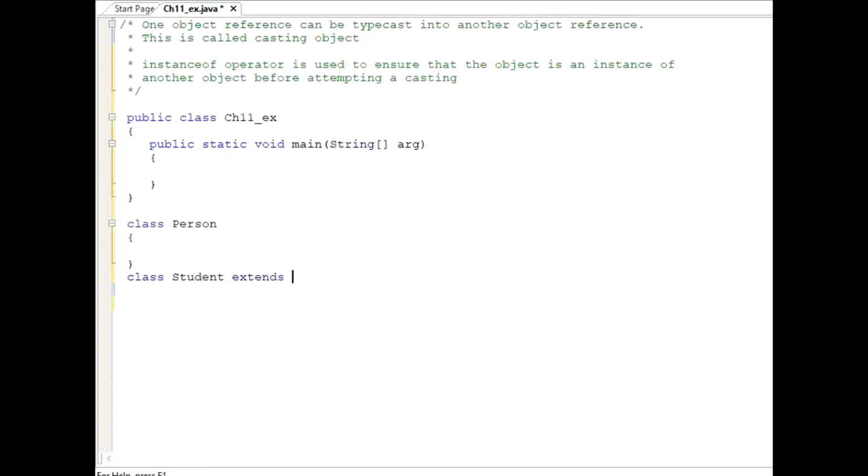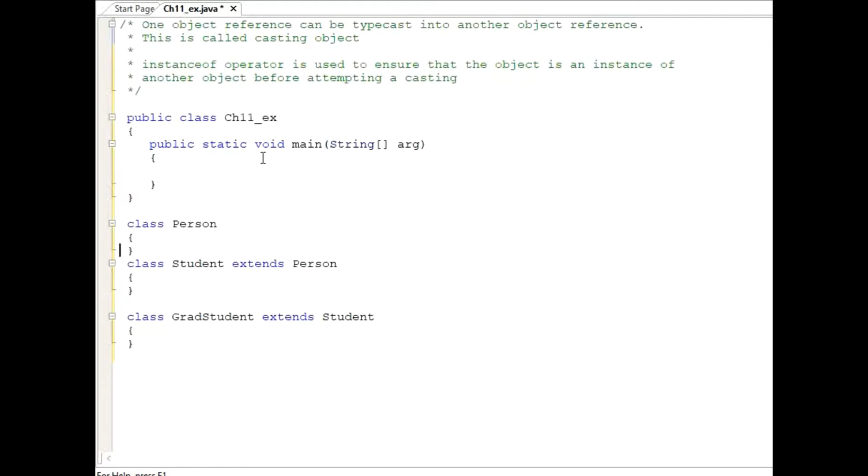It extends Person, and let's try to have another class which is GradStudent, which extends Student. So let's try to have this example so you can easily see the casting and the use of the instanceof operator.